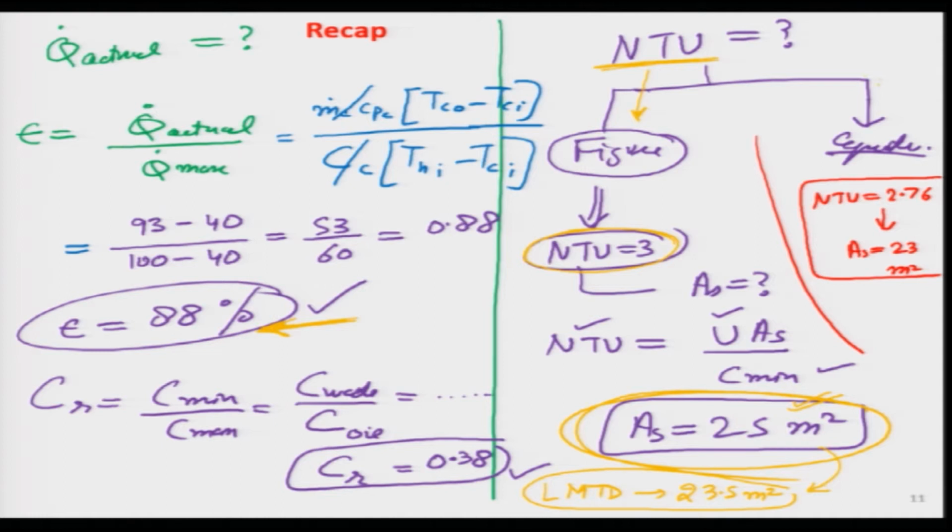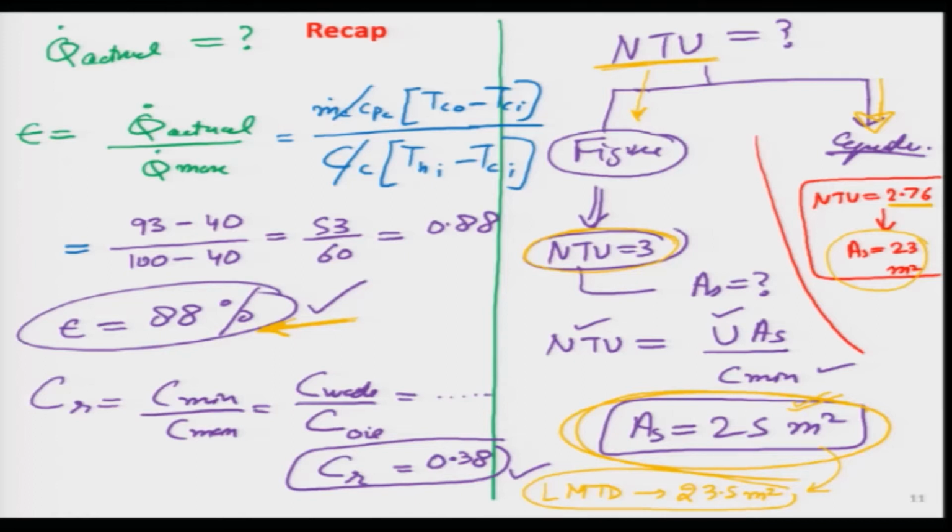We could have also used the exact value, which we can get by solving the equation, and which we did briefly. That exact value turned out to be 2.76 for NTU, and based on that the area was 23 meters square. I am just doing a recap of the overall concept of heat exchanger design and calculation. We can use LMTD in certain cases, or we can use the epsilon-NTU method. With that, we wrapped up that particular section of our discussion, and today we are going to start a new